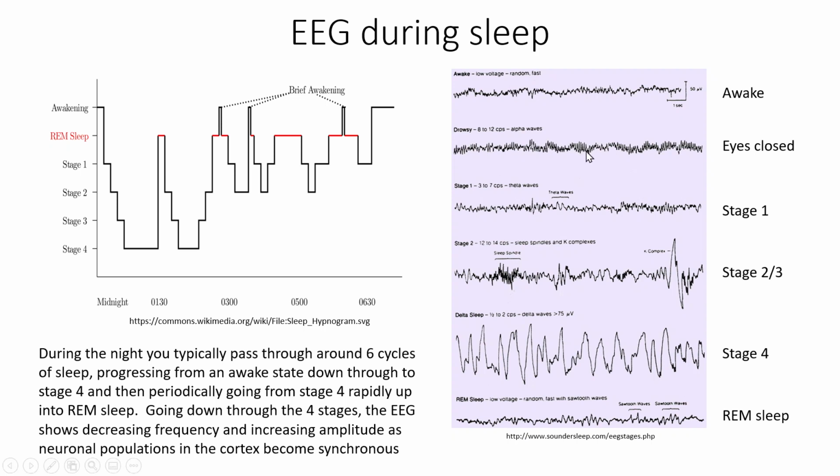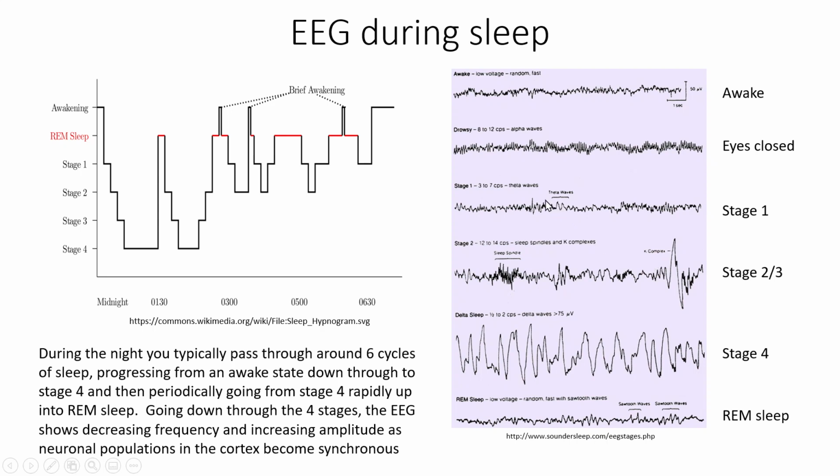So we closed our eyes. Then we start to go down into stage 1 sleep. And in stage 1 sleep, what we start to see is a background looking a little bit like the state where the eyes are closed. But then we start to see these theta waves, okay? These theta waves here, and they're starting to appear. And this is a pattern that we see throughout the stages of sleep, in that these waves will appear, and then in the next stage there's a background of these waves superimposed upon by a new set of waves.